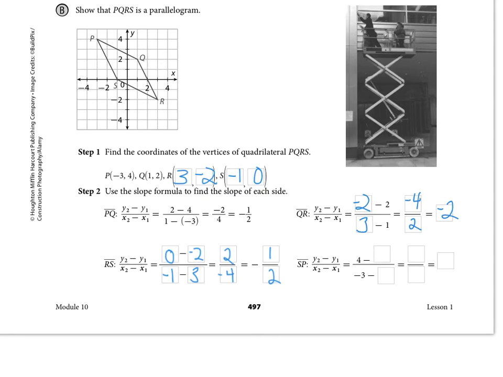Doing a slope of SP, they've already set it up for us that 4 is the first coordinate we're to use. So we're going to do 4 minus 0, and then -3 minus a -1. So that's 4, again over -2, which is also -2. So if we go to the next page really quickly here,